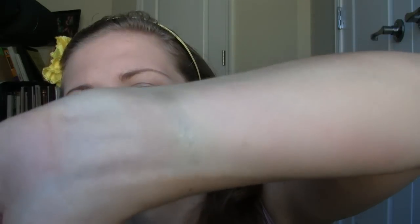Another really neat one that's sort of like Incite is Glacier. And I know this looks really funky because it's a teal. So it's also a wash of shimmer that you can layer over other colors. And I know that it sounds kind of weird having something that's teal like that, but it actually looks really nice because this color tones down redness. So if you put it over your lips,